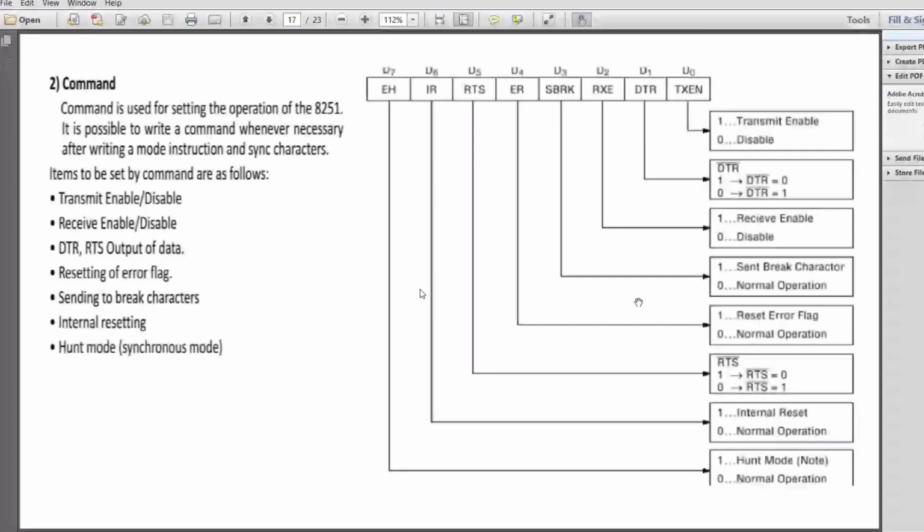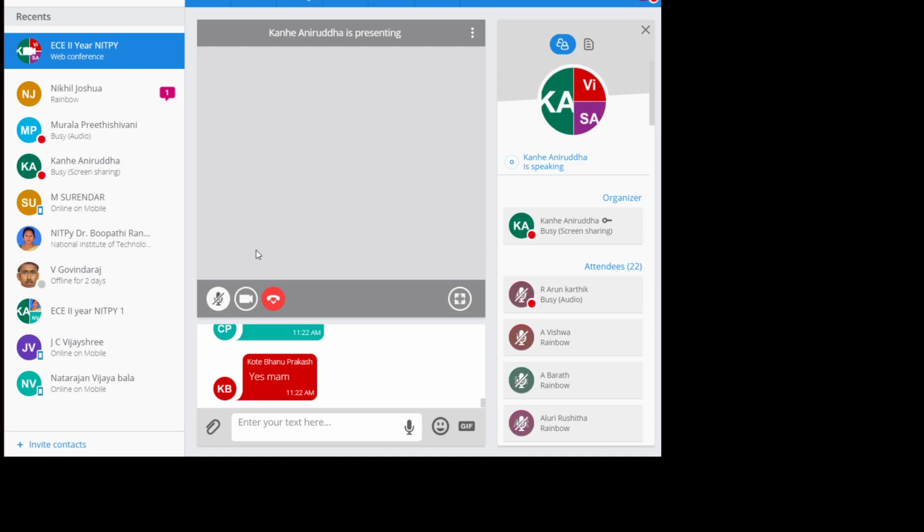Then ready to send, if it is acting as a transmitter; clear to send is for the receiver, ready to send is for the transmitter. Then internal reset: all the registers will be made 0 and the data bus will be cleared off.